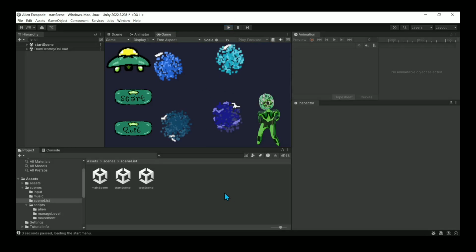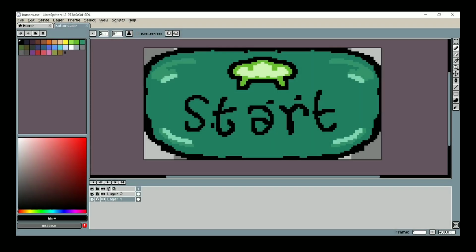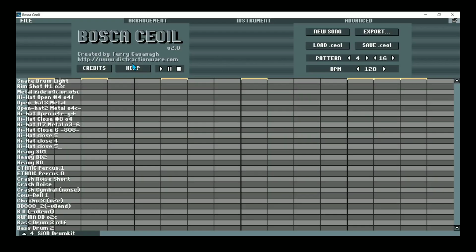So I made the main menu in Sprite as well. And then I used Pascal's soil. I don't know how to pronounce the second word, but yeah, that's the music. So that's basically it,